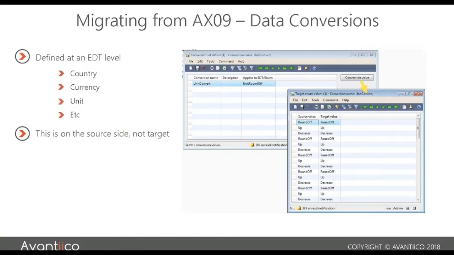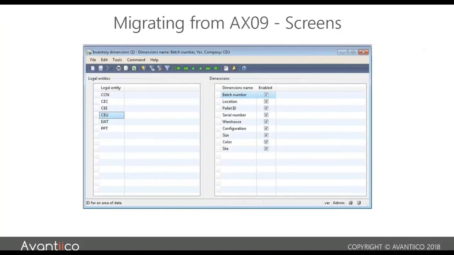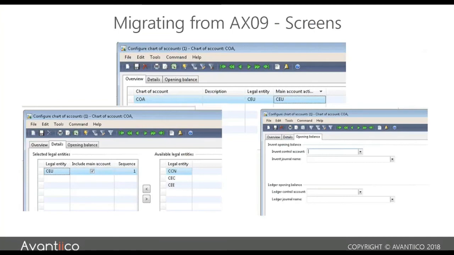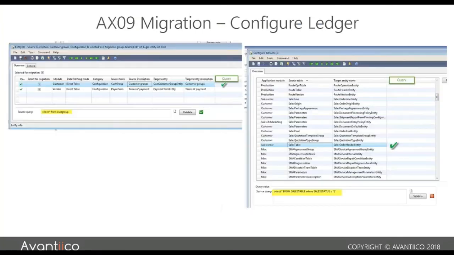You would go through some data conversions, so maybe extended data types or base enums have changed. You can convert from an AX EDT to a 365 EDT. You can map your financial dimensions, your inventory dimensions, chart of accounts, and ledger configurations, and then any other mapping you have.